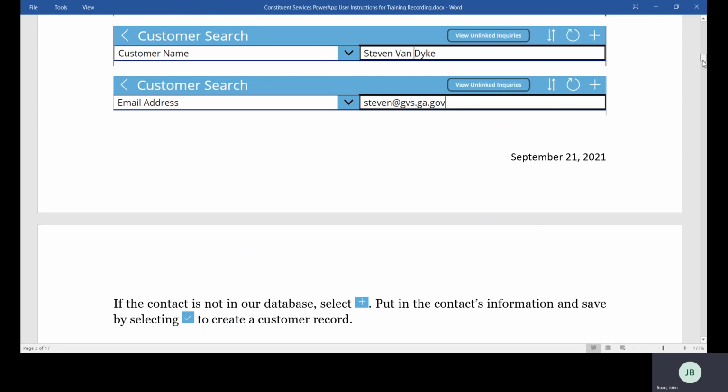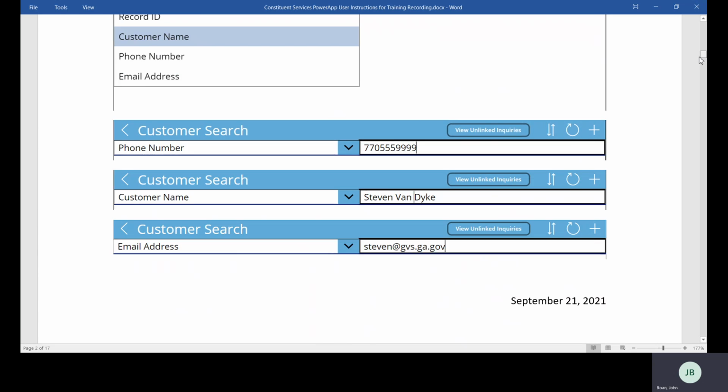If the contact is not in our database, select the plus sign. Put in the contact's information and save by selecting the check mark to create a customer record.